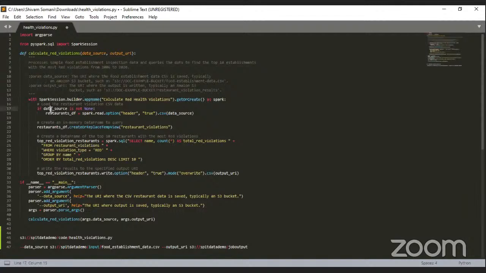And then if we have provided a valid data source, I just kept a check, and then it is reading with the Spark session that we created. There is a read method on the Spark session, with the option header true if a header is present in your file, and .csv because the file is in .csv.